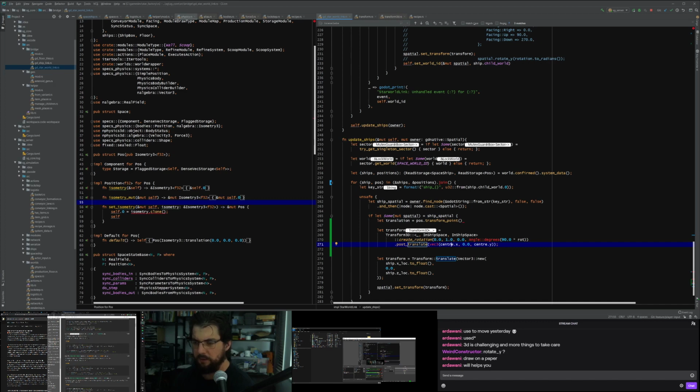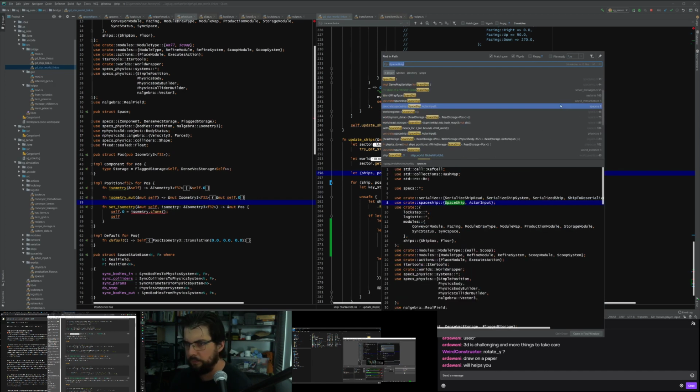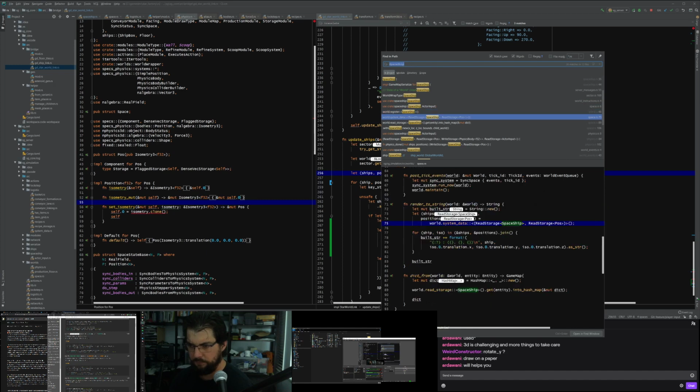Okay, so in this case I would have done it where I synchronized spaceship to pos, which is probably in the physics. Just trying to find where I've done this before. There's a member here called translation, iso.0.translation.y. So that's what we'll do.